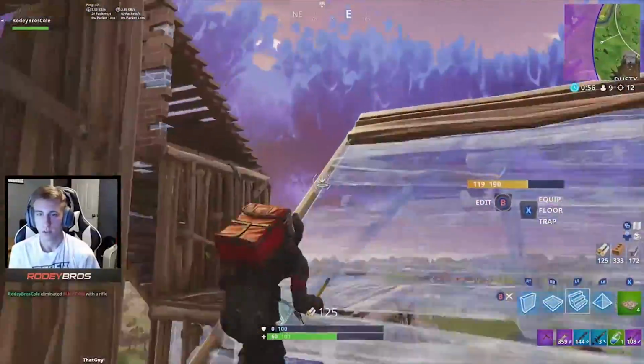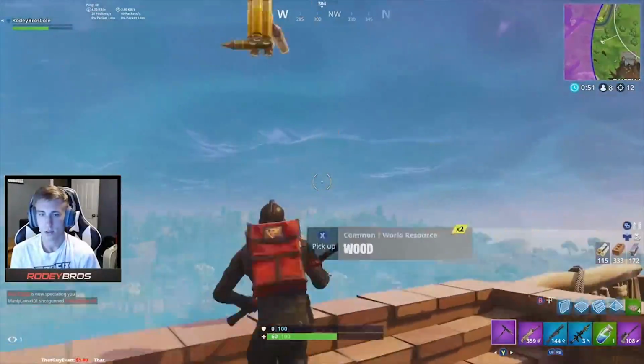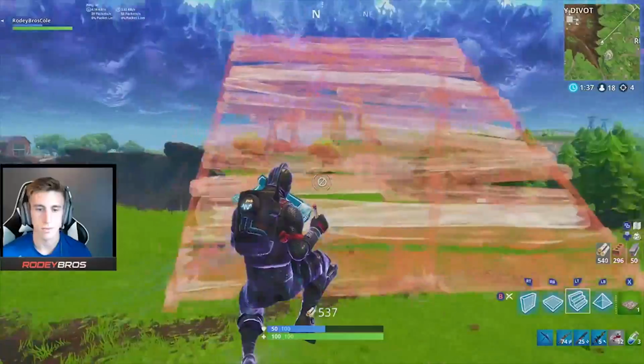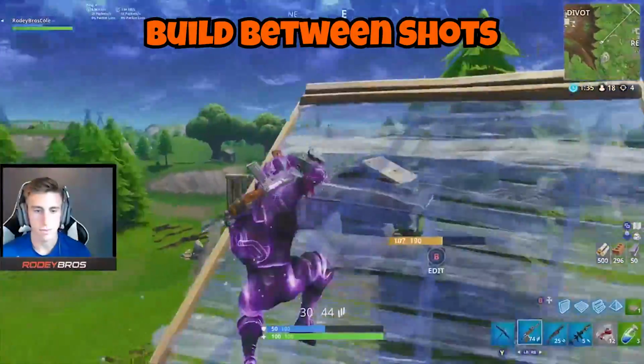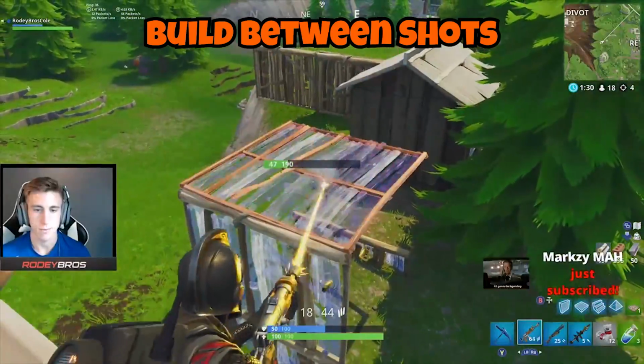If you find yourself constantly reacting to your opponent, that means they're probably better at building than you and you're going to die soon. So you want to take the battle into your hands and give yourself a chance to come out alive. I know it can be incredibly tempting to play Fortnite like Call of Duty,